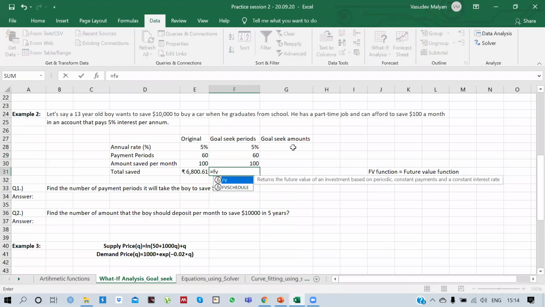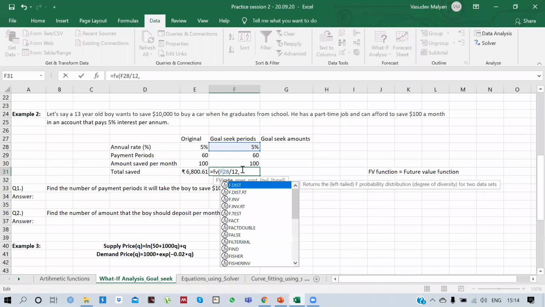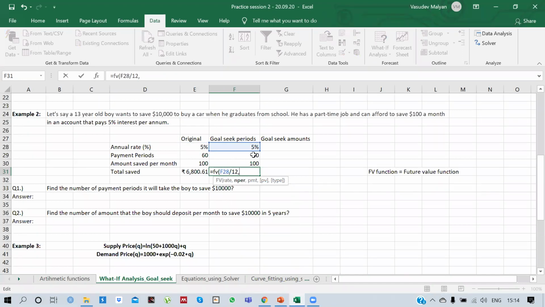And again, we will use the FV function, and we will use rate divided by 12, now it's in months. Okay, we can use the F28 here, and we are taking the payment periods. We are depositing the amount, and this is our value.